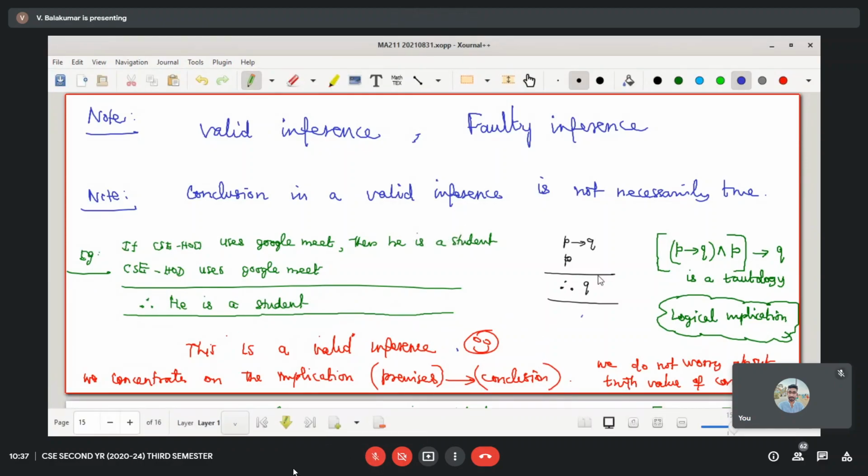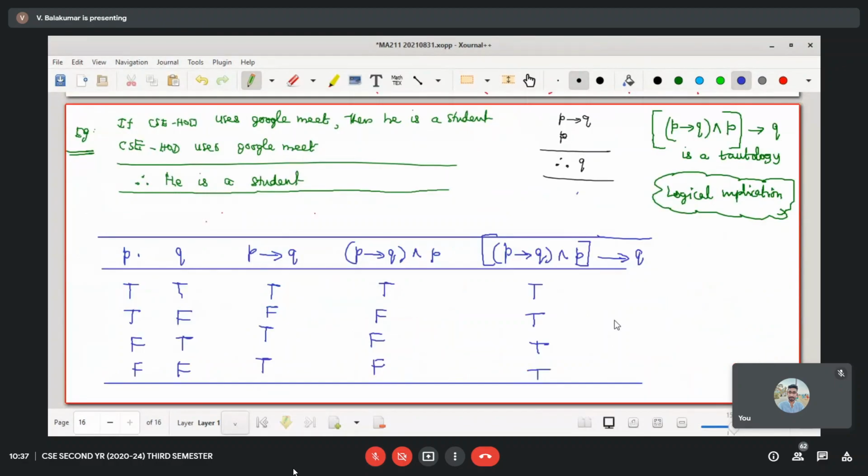Now we need this kind of rules, whatever is in the black color, or we need this top right kind of rules, so that if I give you any set of premises, you can conclude based on those rules. This is just illustration.